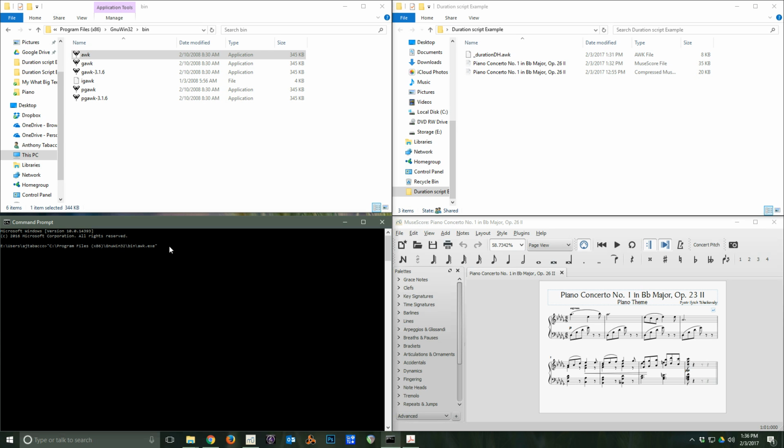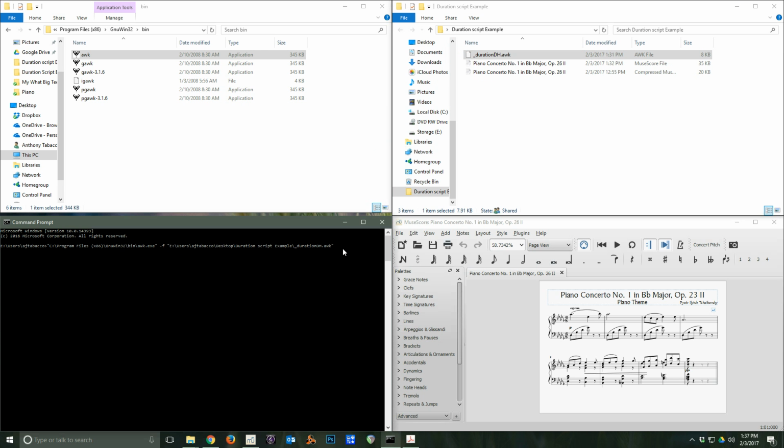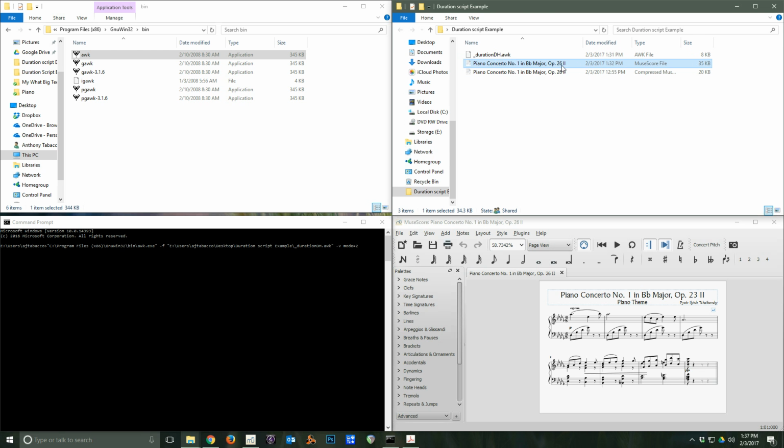Okay, now that we've done that, put in a space, a hyphen, and an F. Then another space. And then we're going to include the path to the script. Drag it, drop it, there it is. So, another space, V mode, and first thing we're going to do is augment it, so I'll put in a 2. Another space. We're going to have to use the uncompressed file, so I'm going to take that, I'm going to drag it, drop it in there,